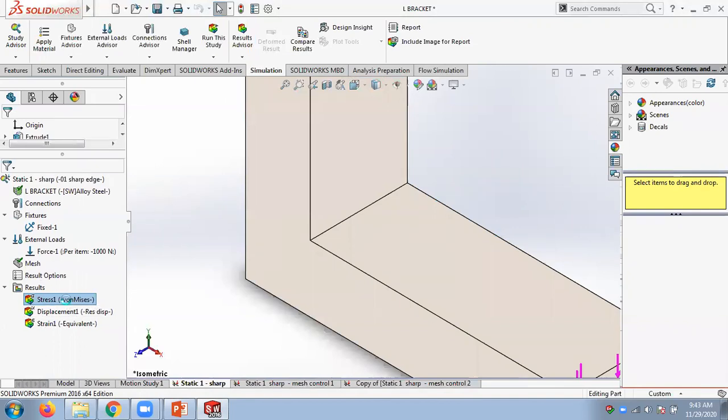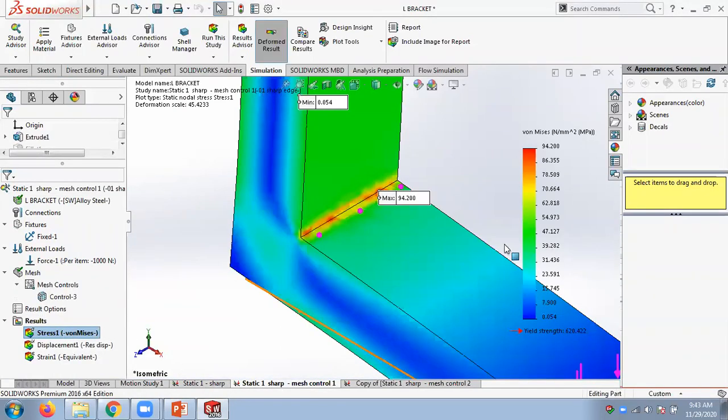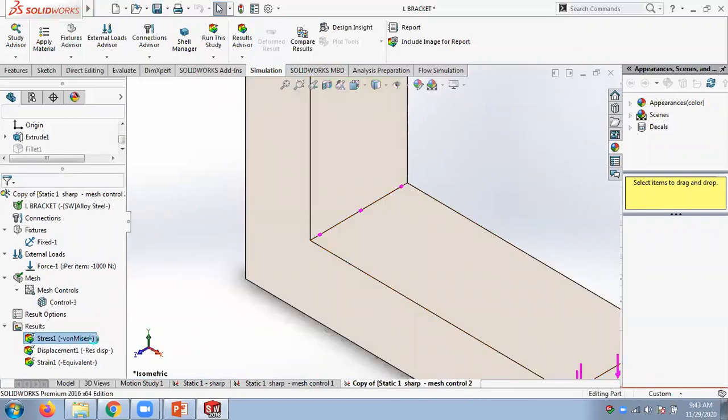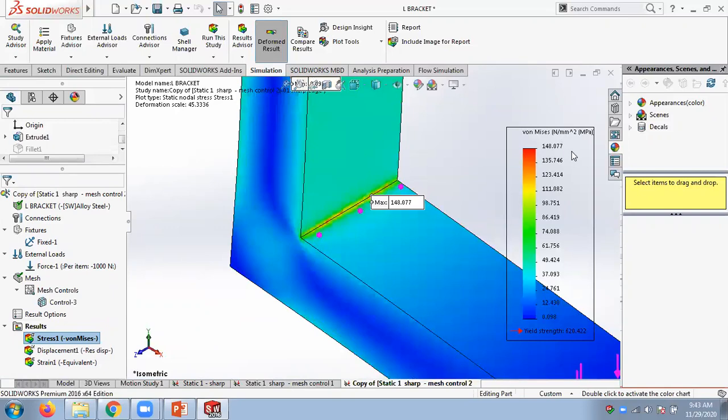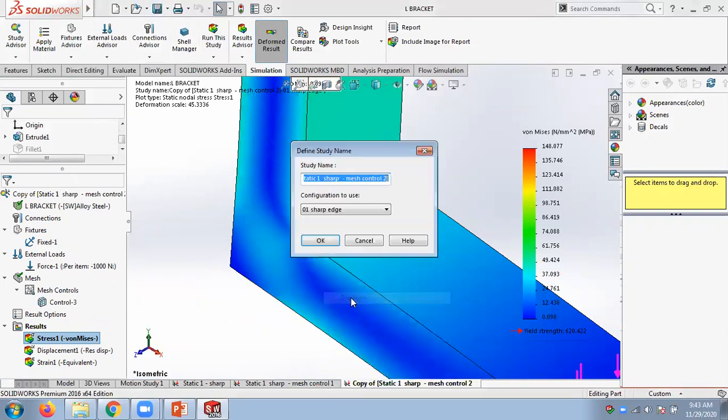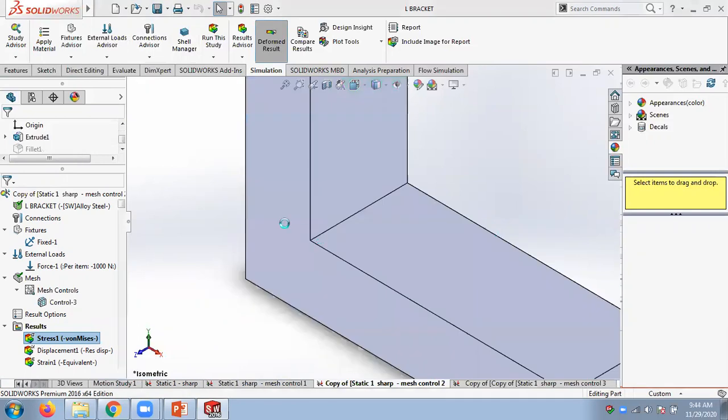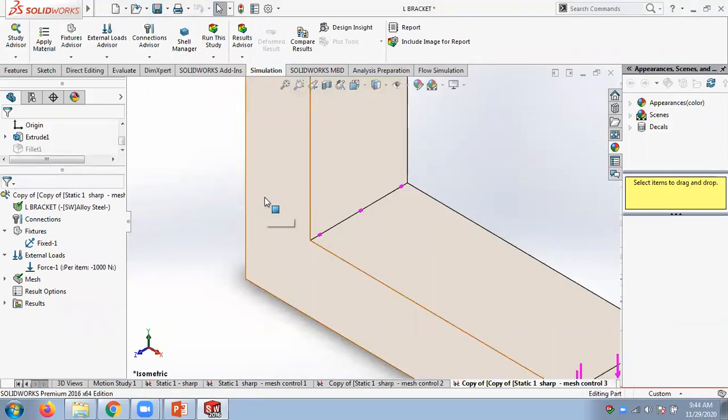Started with 79, then apply a control, value is now 94. Then we applied another control, the value is now 140. So it's rising. So we can further refine the mesh and see what's the value. So I will again create a duplicate here. Create a duplicate, then